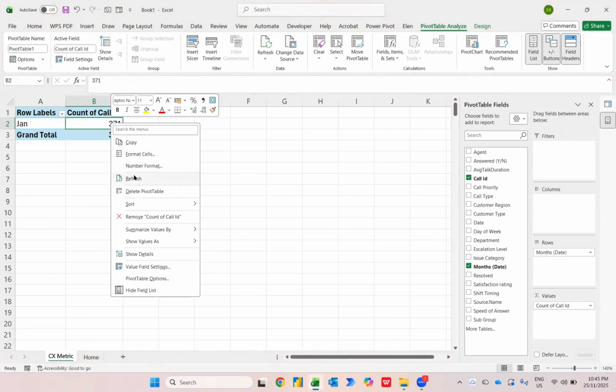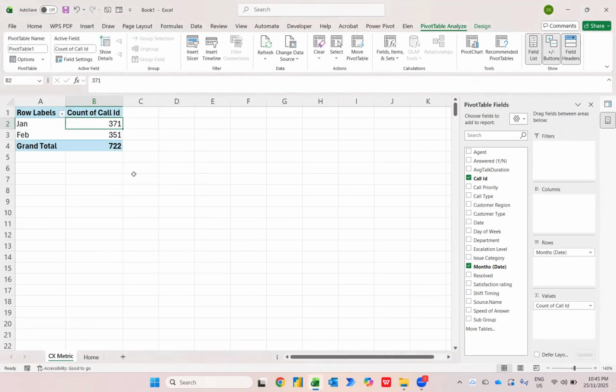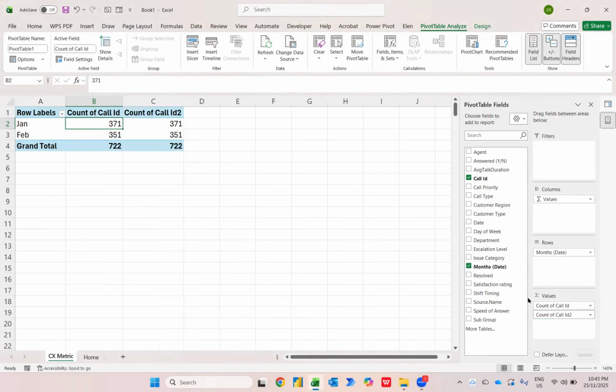and I press refresh. So when I press refresh, automatically you will notice we have January, we have February. And what if just say I want to show my manager additional analysis, like for example I want to know the percentage difference from running total and so on. So what I'll do is I'll just click the call ID, I'll put it over here,